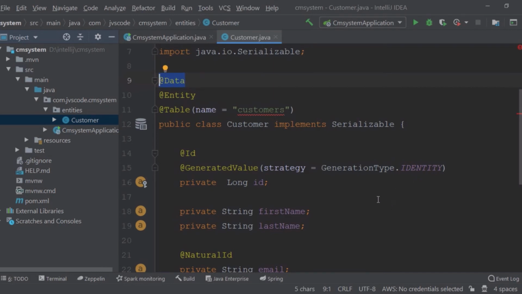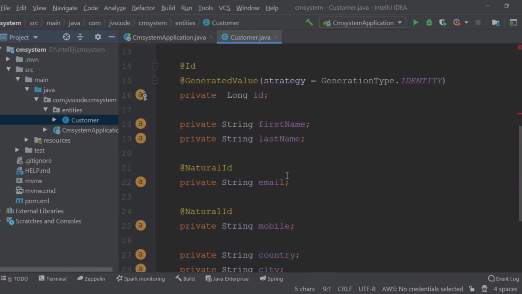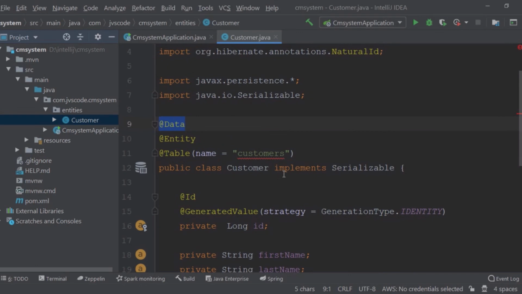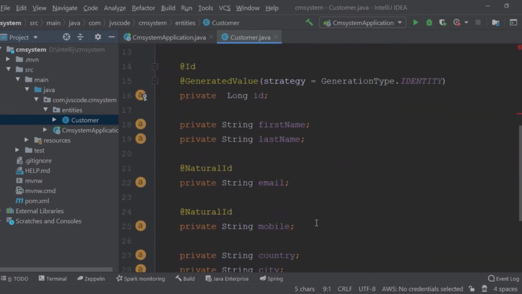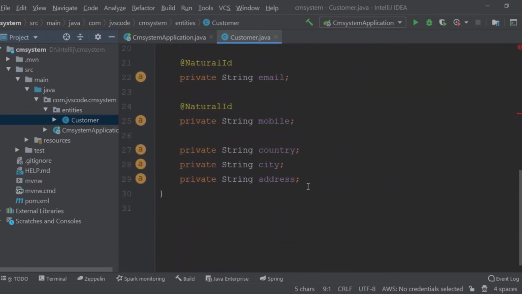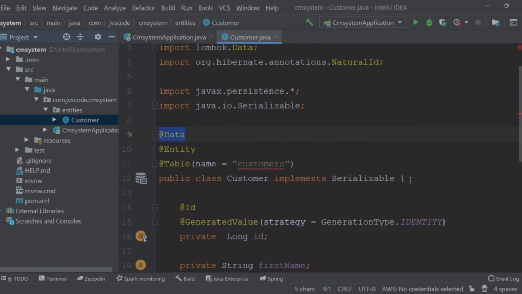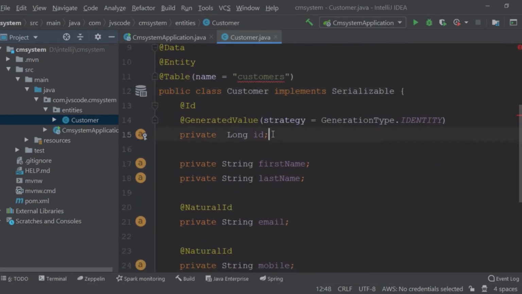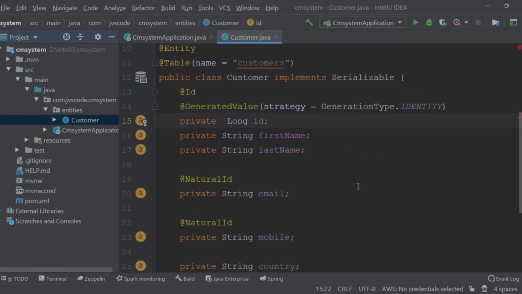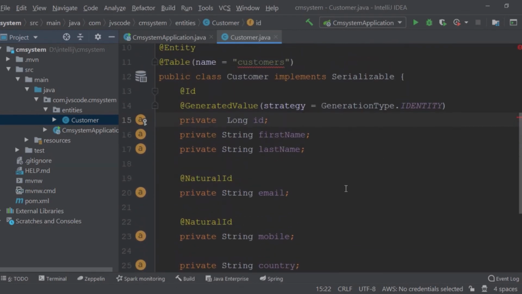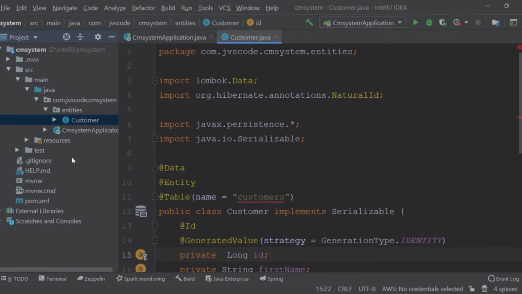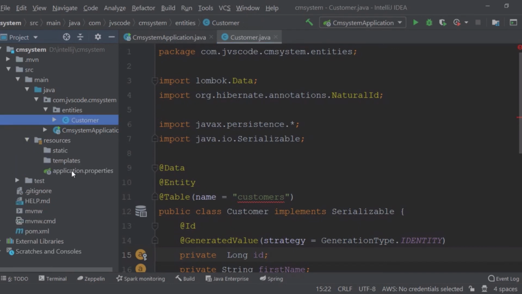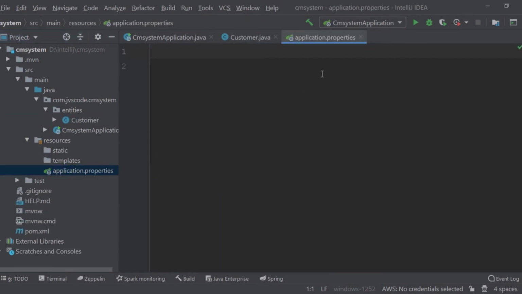Just leave it like this, so that if there is any need of configuration later, we can configure it. But for now, we're leaving it like this. So basically, this is what we need to create our entity in our database, to create our table in our database. Now, before we test run this application, we are going to specify a couple of things here in this